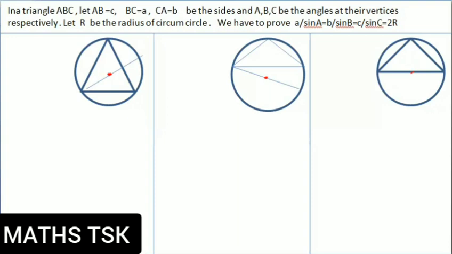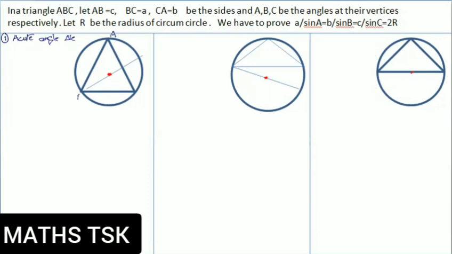We prove this theorem for acute, obtuse and right angle triangles, since all the triangles we expect lie in these three. If it is proved in these three triangles, then we can consider this as a rule, property, theorem or formula. First, we are taking the acute angled triangle. Acute angled triangle means the angle lies between 0 and 90 degrees.